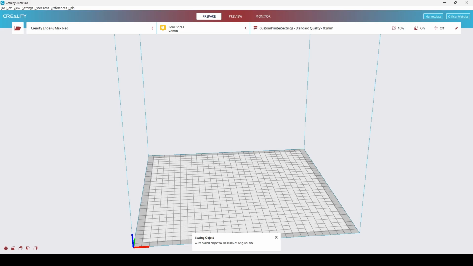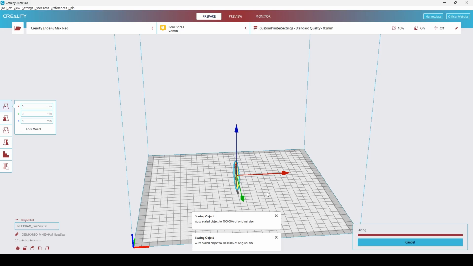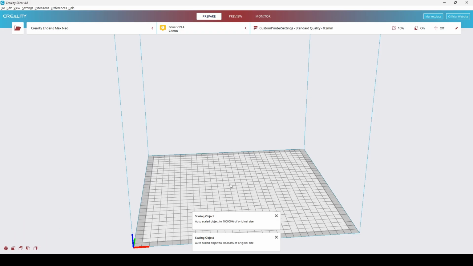So once we've brought everything in, sliced it and printed it, we can then look at assembling it. I've already done the assembly in a previous video, so I'm just going to put that exact same bit of footage back in because it's no different. The only thing I will say is if you are here for the original model design, you'll have your arm piece, because it's all in one, and you just need to snap it onto the shoulder part, and then snap your equipment onto arm part 5,